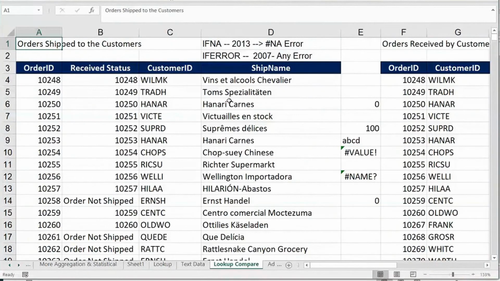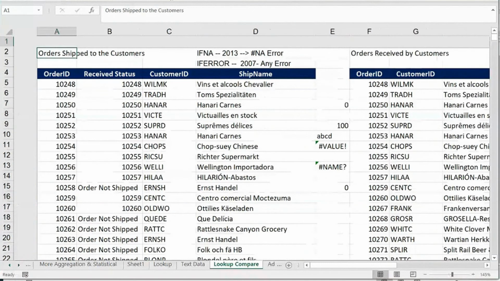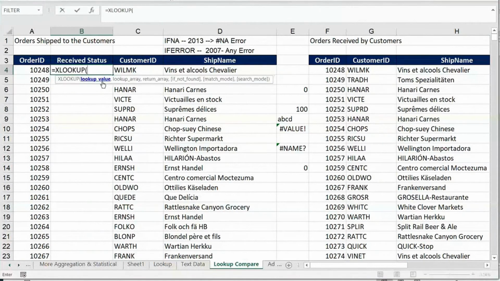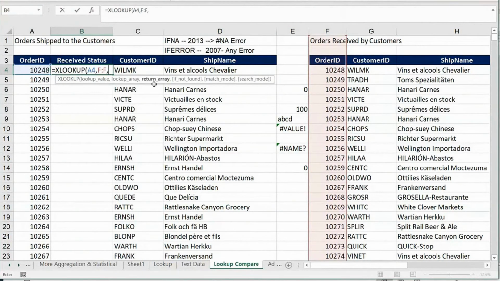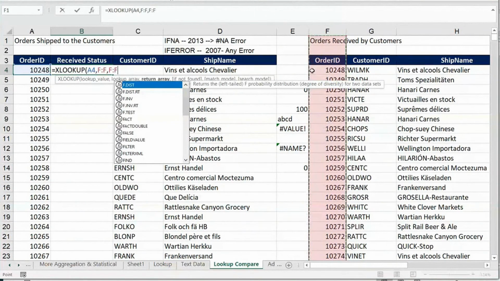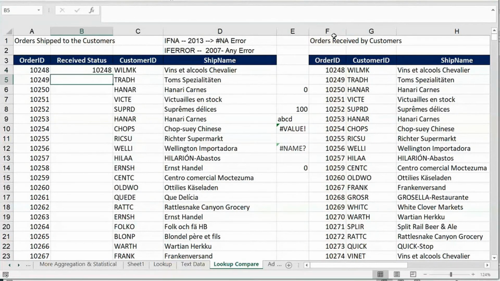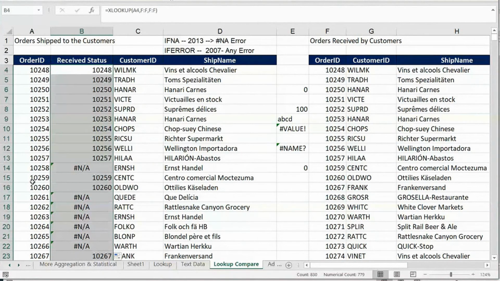Okay, just now we did a comparison here, right? Previous one. I want to do a comparison. XLOOKUP, A4, comma, where do I look in this column? F column, comma. Return array is the same F column again, right? You can give the same column again, guys. Search array is also the same. Return array is also the same. Close the bracket. Enter. NA came here because this is not there.